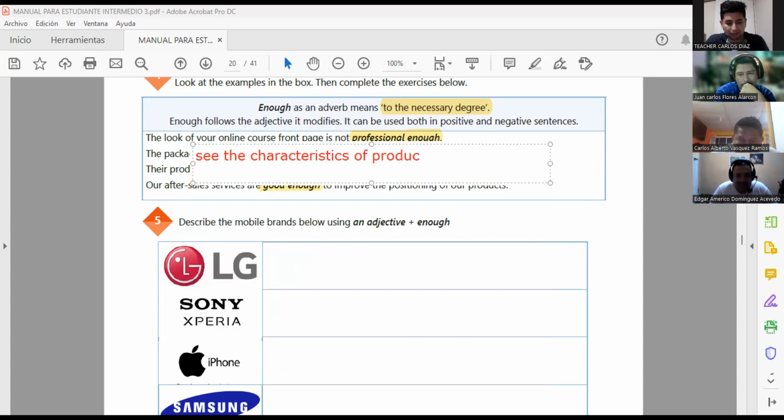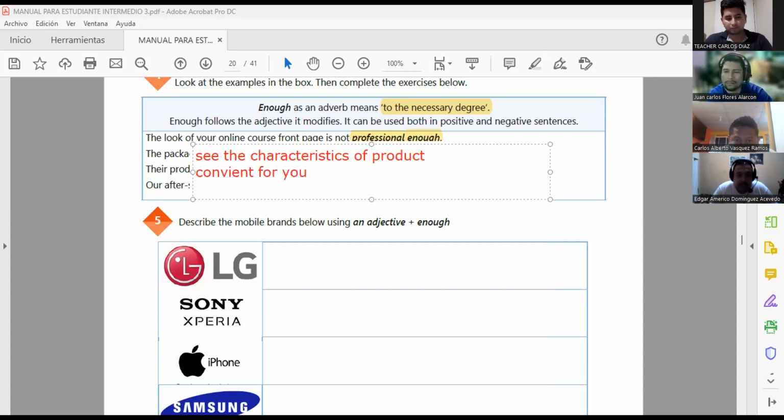Of the product. You need to see if it is convenient for you. And then you need to draw conclusions. Y usted hace sus conclusiones. You need to draw conclusions. Okay? For example, if I want to buy a new cell phone,